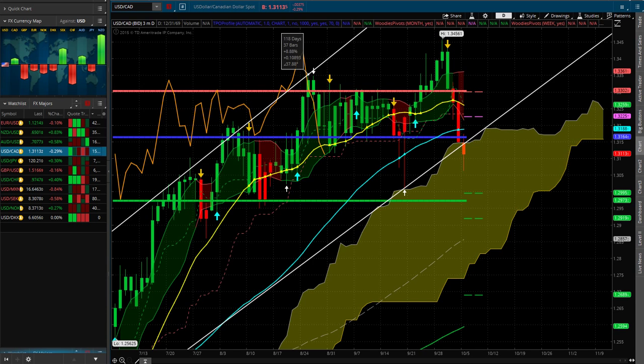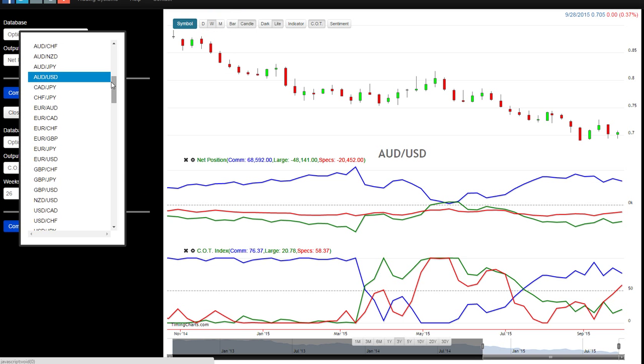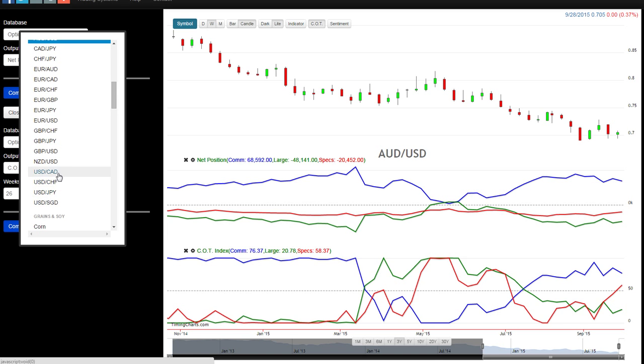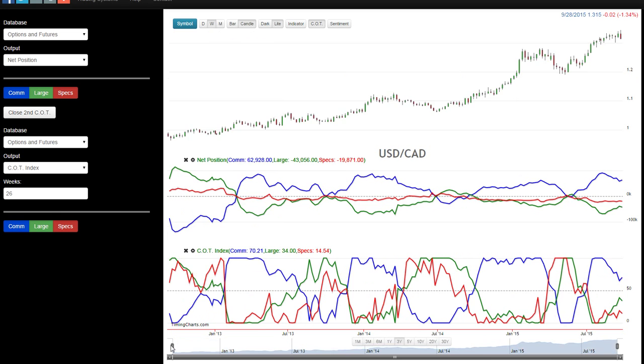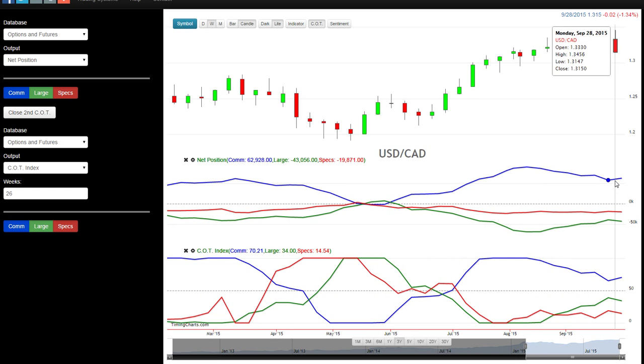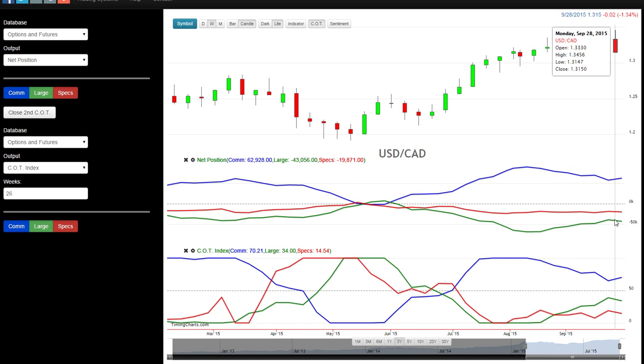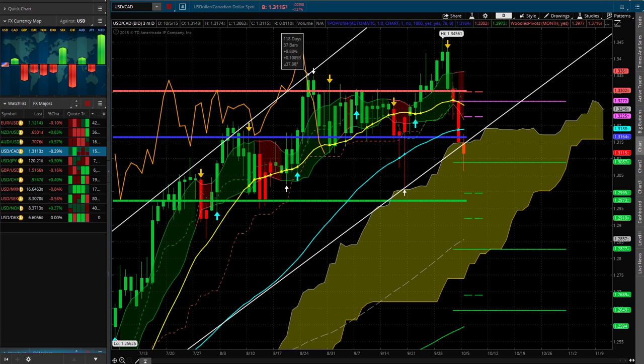The CAD. Let's see what the Canadian dollar has going on there. That's a good trade. If you watch oil, you could definitely get some action there. Here we go. Just sideways. Looks like they're trying to unwind here, the large speculators, but it's early to say. This is just the candle. We've just been going sideways here, so we'll see. Let's look at the chart.